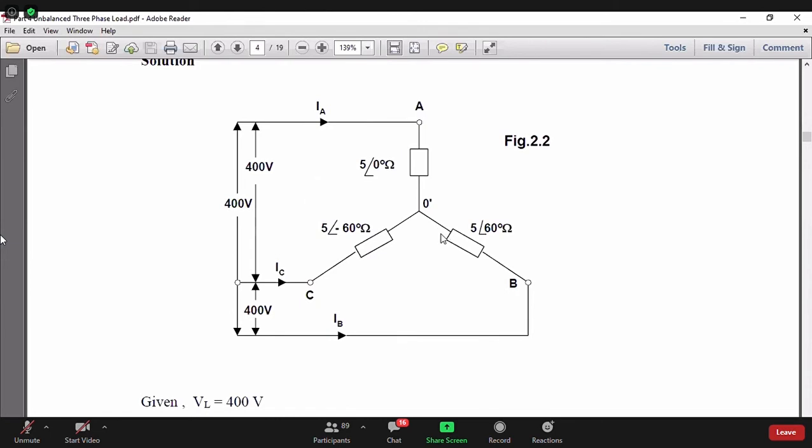When you do that, now there is something very interesting, because if I calculate the three voltages, they are not the same. So now I go back to the first slide that I showed you, or the first file. I showed you that it's a voltage triangle. These three line voltages form the equilateral triangle, three arms. Then the centroid is the neutral. And then the three phase voltages are VL by root 3. But here it is not, because the voltages are not VL by root 3. Then how do I represent this?